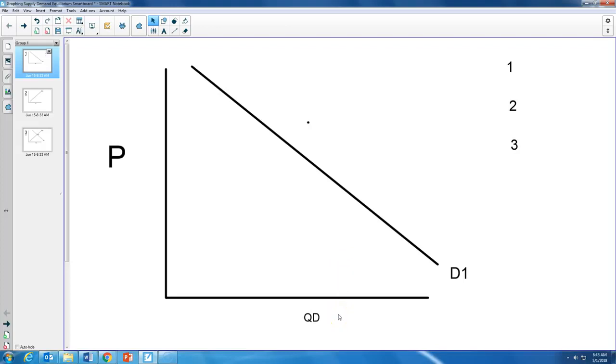If something besides price changes and you answer no, did the price change, then that means something besides price, a non-price determinant, is having an effect. And that is going to cause us to shift the entire line, meaning the good at every price level is changing its quantity being demanded, which means what we plotted here is no longer accurate. And because of whatever the non-price determinant is, we would either shift it to the right if there's an increase in demand, or we would shift to the left if there's a decrease in the total demand,